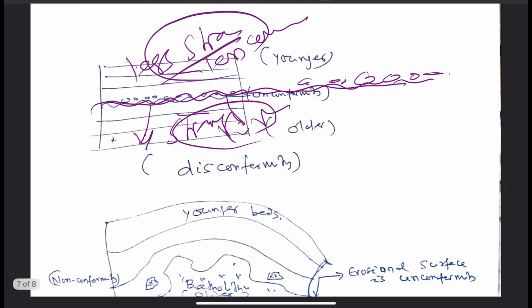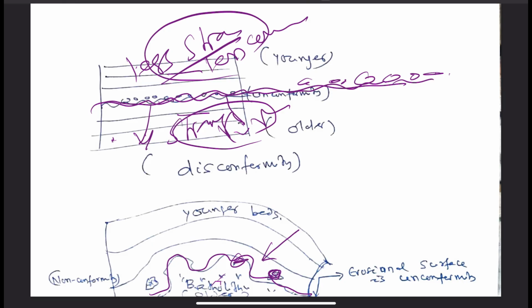And in case of non-conformity, we have the igneous rock at the bottom which has faced erosion over a prolonged time, and the fragments of this igneous body are found in the overlying sediments. So this means this is older than the sequence of beds which have been deposited.